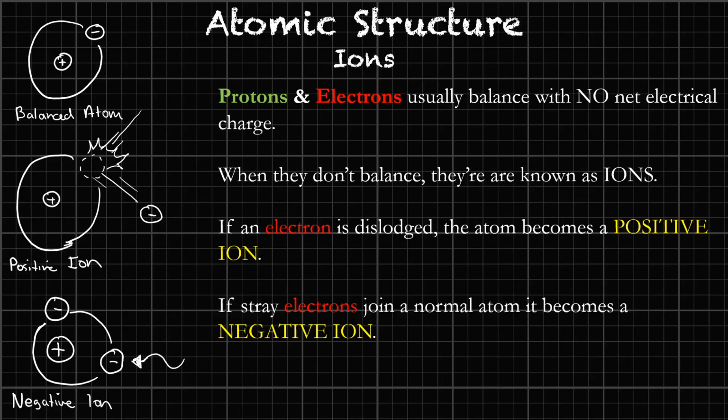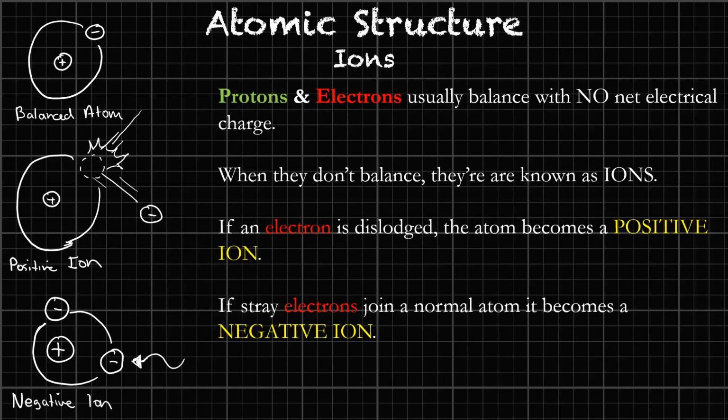If an electron is dislodged, so we're no longer balanced, we're losing one of our negative elements, then we call the atom a positive ion. And it makes sense, right? There's more protons, so if you're looking at the scale between protons and electrons, the protons are heavier. There's more of them than there are electrons. They no longer cancel each other out. Although, if an atom gets overloaded with electrons, then there are more negative elements in the scale than there are positive elements. So we call this a negative ion.